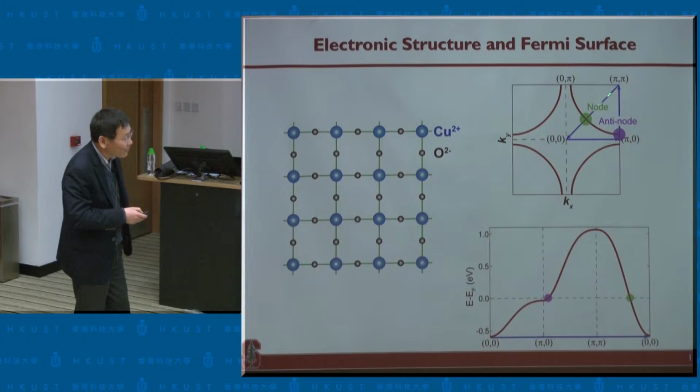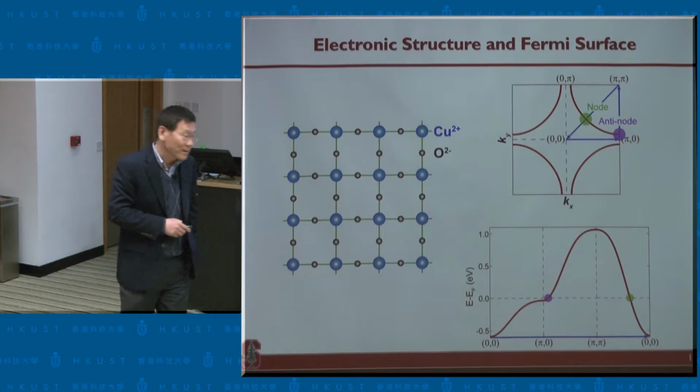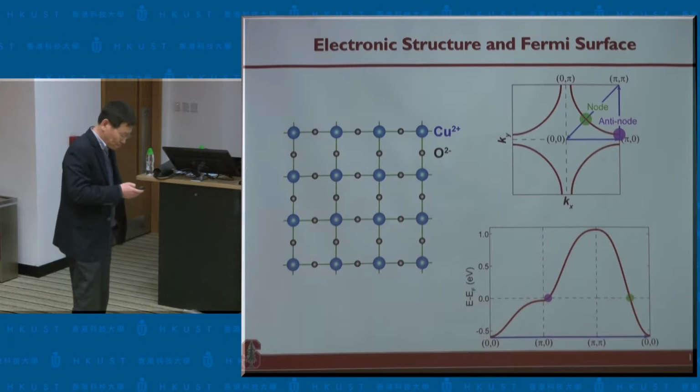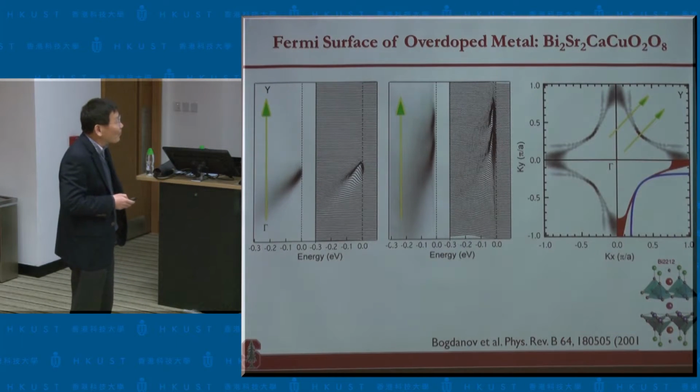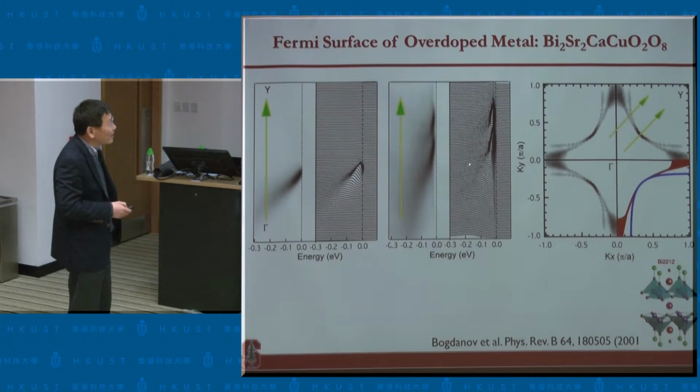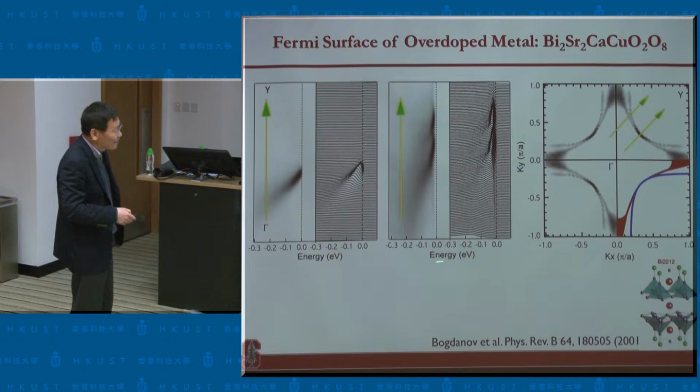You can see 45 degrees away from the copper-oxygen bond direction. When I talk about antinode, it's essentially along the copper-oxygen bond direction, just for bookkeeping. And indeed, you can measure the Fermi surface and it just looks like circles. We talked about it. And for this particular compound, you see 2 pieces of Fermi surface, 2 circles,